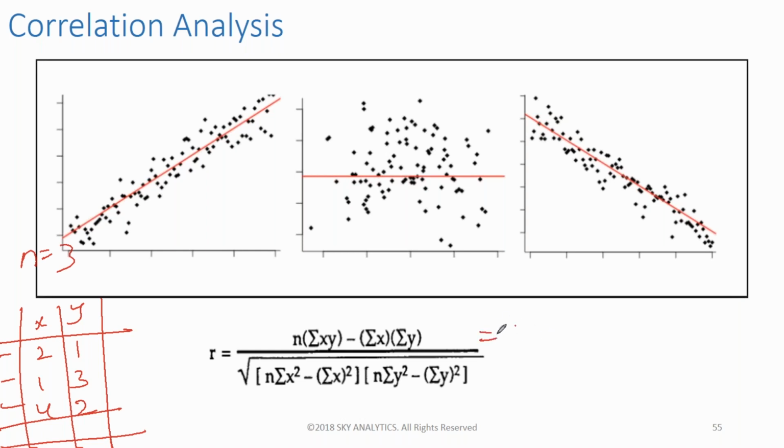Now the first term is the summation of X into Y. 2 ones are 2, 3 ones are 3, 4 twos are 8. It will be 13. 13 minus summation of X, which is 9,